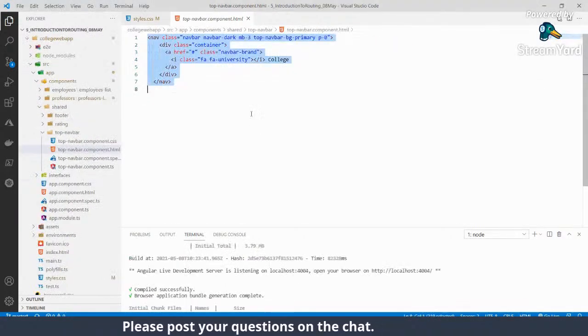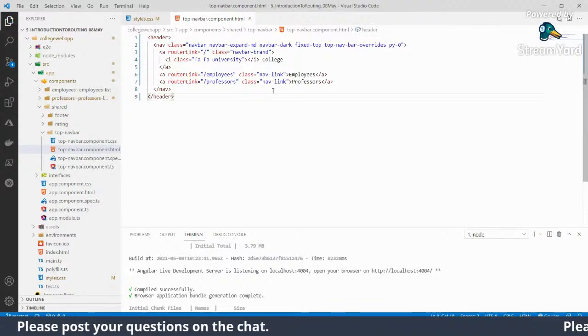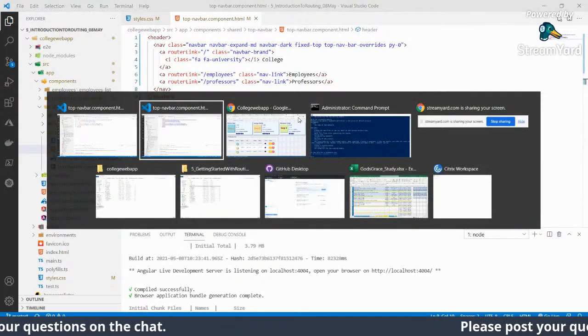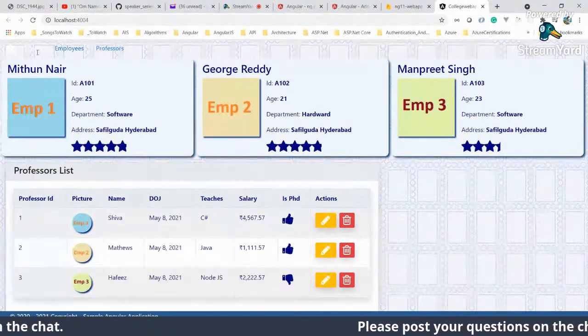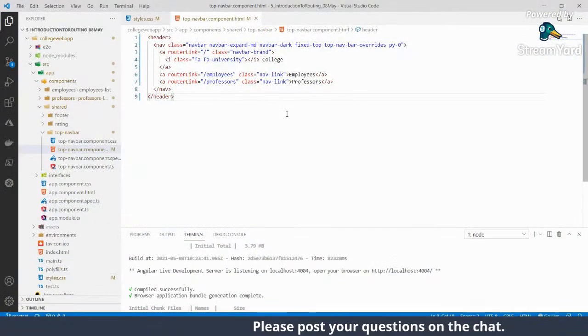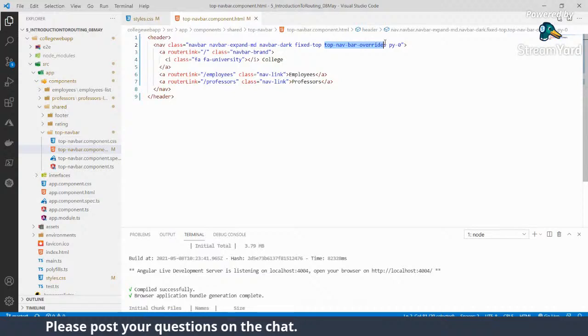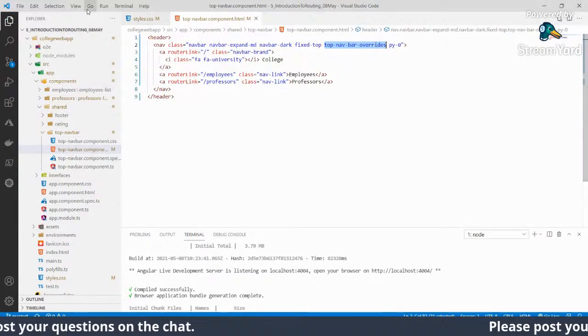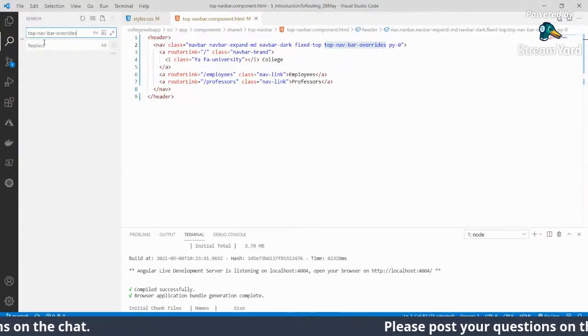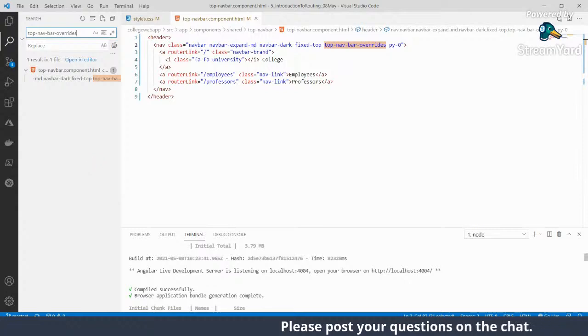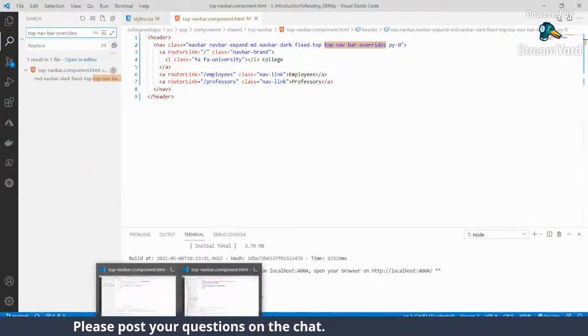From that, let's change to have this college as well as employee. The top nav bar is here, and we need to have this top nav bar overrides. That's the class which we needed. So let's bring in that class from